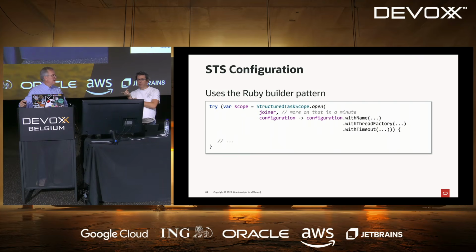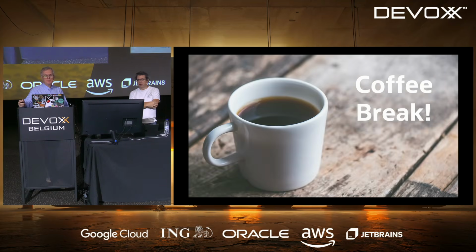I have called it the Ruby builder pattern because I have seen it first in Ruby, but I don't know what the name is. You want a builder, but you are not creating the builder yourself. The builder is given to you, and you have this box. The way you cannot use the builder outside of the open method. You can only use it to configure the whole thing. It's a really nice pattern. I really like it. I do too. And GetOpt on Ruby works that way.